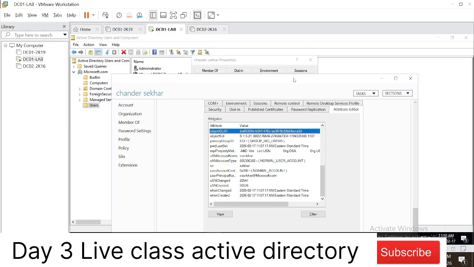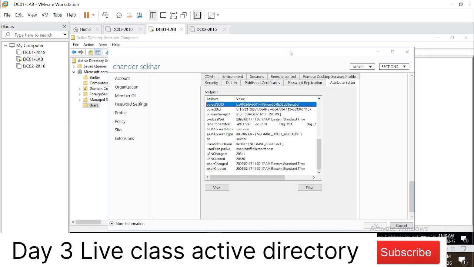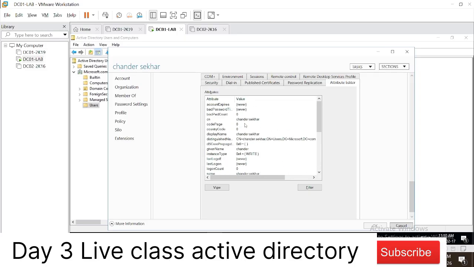There was a scenario. I was working on one of the projects, and the client wanted to introduce an application to the company. We wanted to register that application to Azure. When I did the registration, it was showing working perfectly fine. But this was a third-party application, and the SSO was not working in the application. So we opened a case with the application team, and they said we need a special attribute to make the authentication work. But that attribute never existed in the organization for that user.